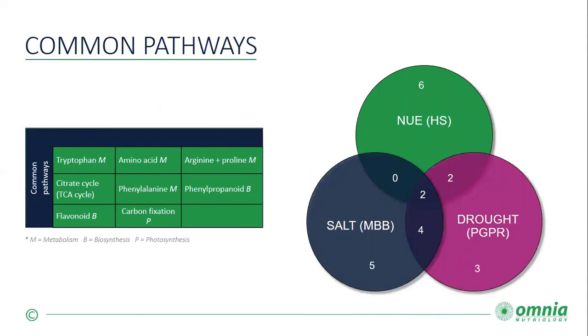Now, some of you may have noticed that there were a few overlapping underlying metabolic mechanisms that the plants used under various stresses with various biostimulant applications. Seeing that similar metabolic pathways are induced by different biostimulants, as well as a few unique pathways, will enable us to develop specific formulations of new products for specific on-field conditions and/or specific stresses. This provides us with a scientific basis for product development within a comprehensive field approach.